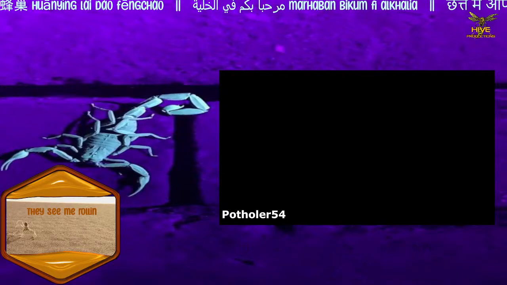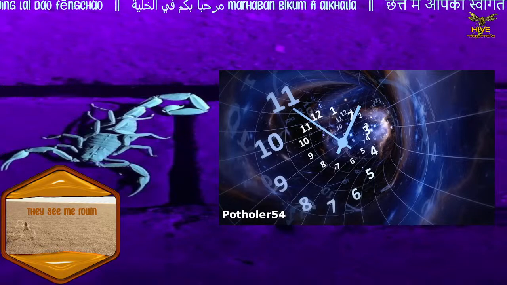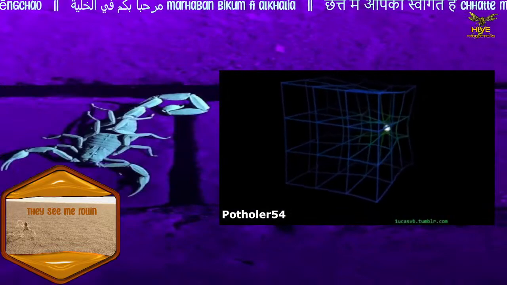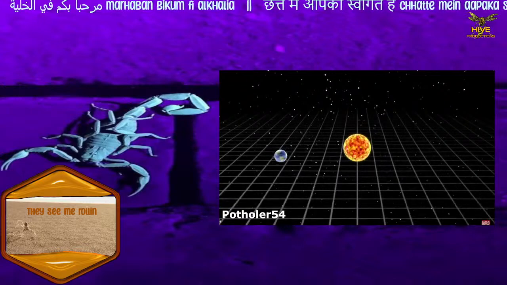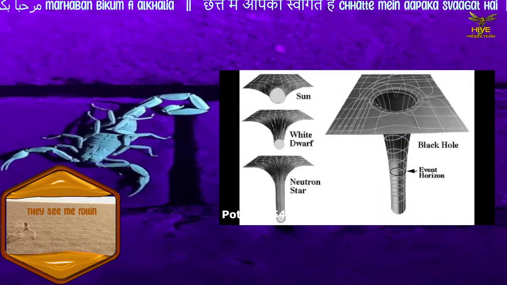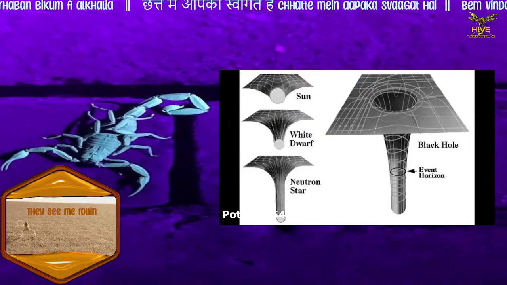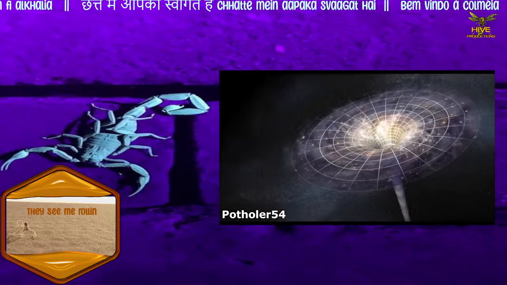This has a number of effects. Einstein discovered that space and time are part of the same fabric, and that gravity warps both space and time. If we could see that effect in a planet orbiting the Sun, space would look something like this. We'll put it into 2 dimensions to make it easier to visualize. A black hole is so much denser than our Sun that it warps space-time to an extreme degree. Now, scale that up to not just a star, but an entire universe collapsing in on itself. Space is warped to an infinite degree.